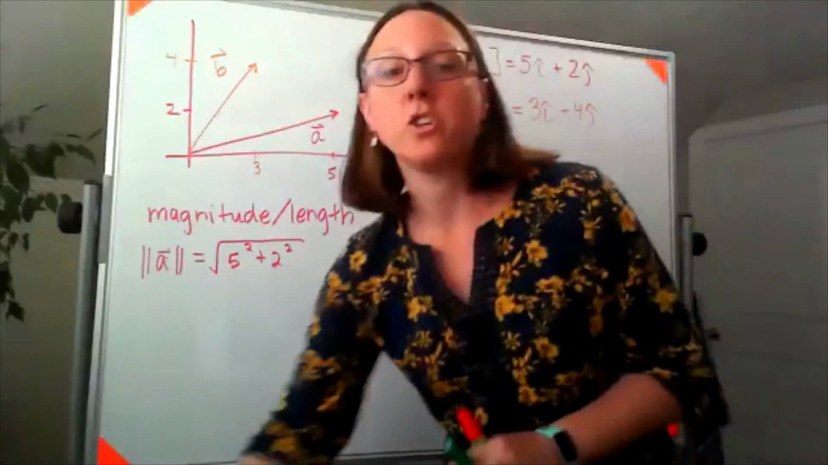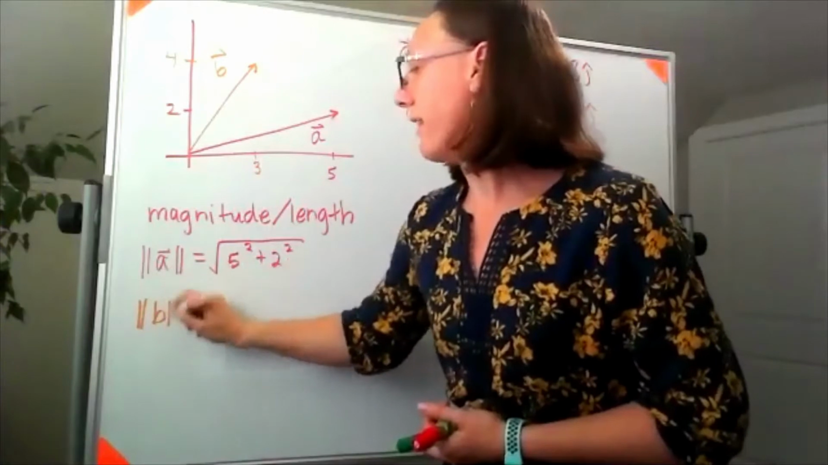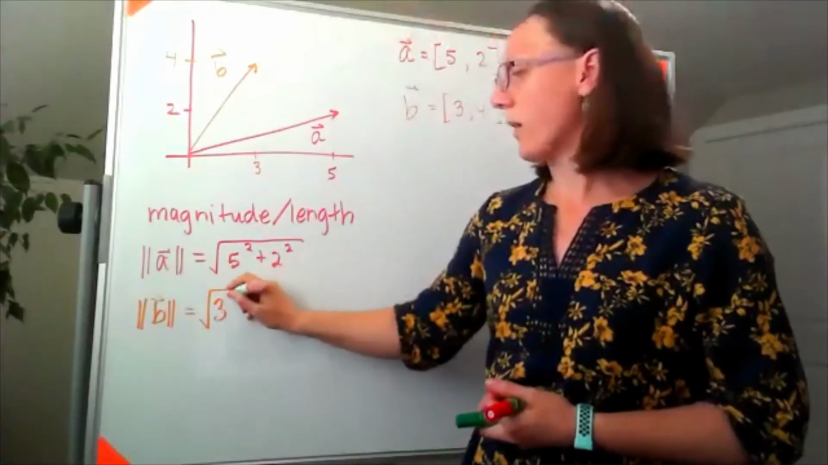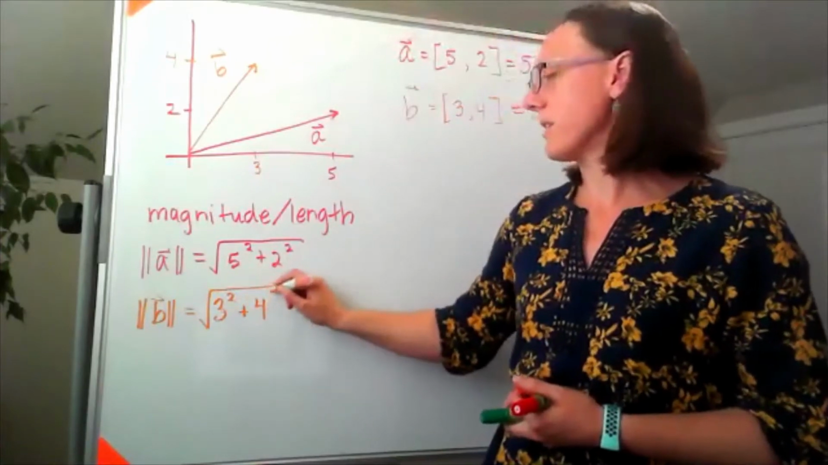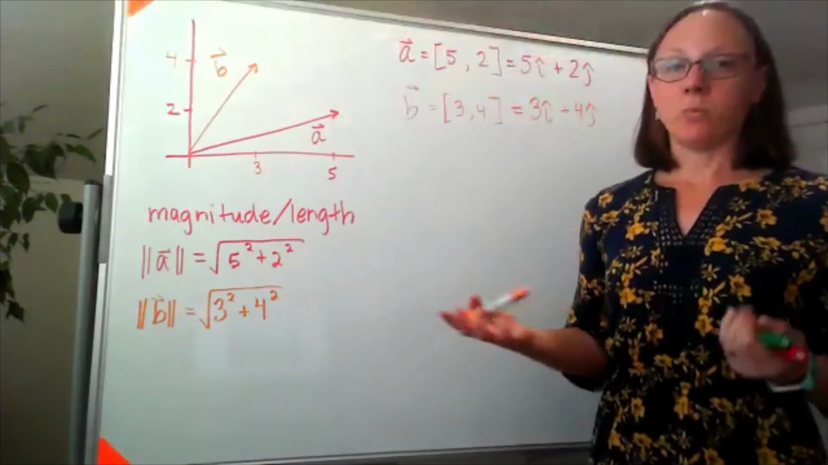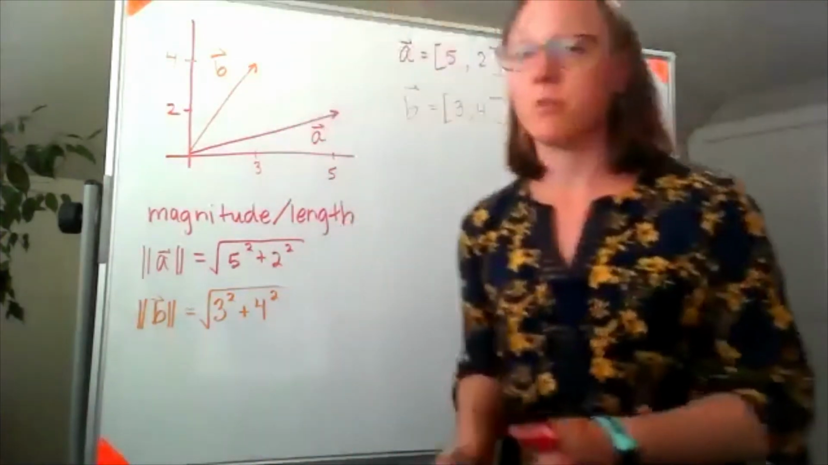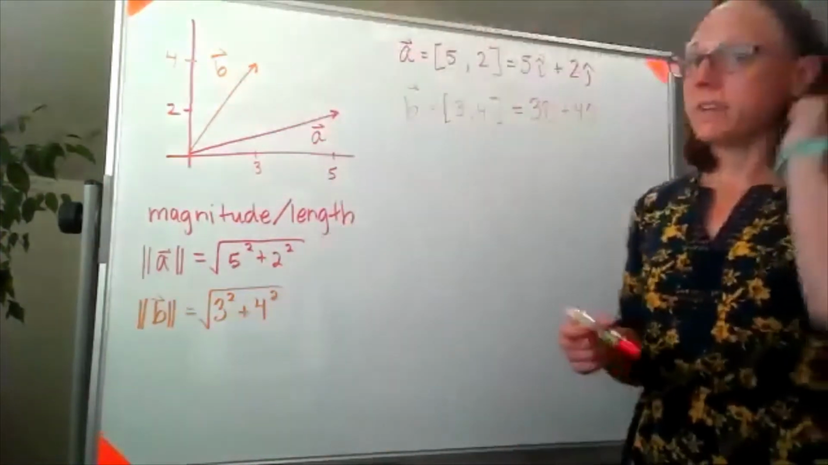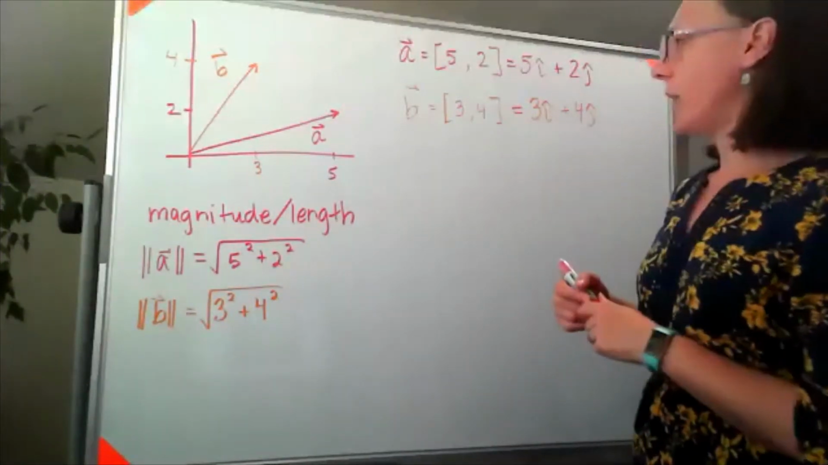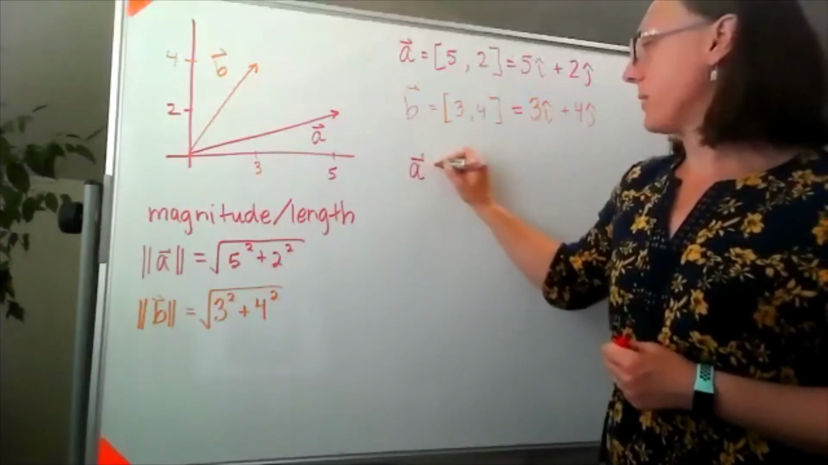I could also take the magnitude of B in the same way. So I can say that my length or magnitude of the vector B is equal to the square root of 3 squared plus 4 squared. We can also talk about things in relation to each other. So I can talk about addition and subtraction of these vectors, or we can talk about linear combinations of these vectors. Let's start with addition. If I add the vectors A plus B,